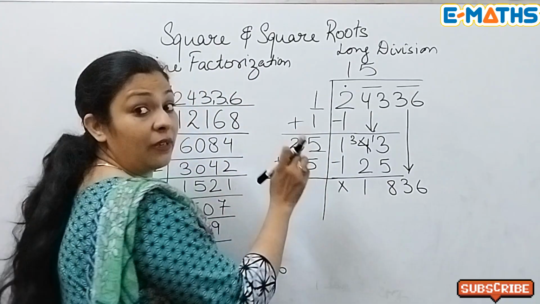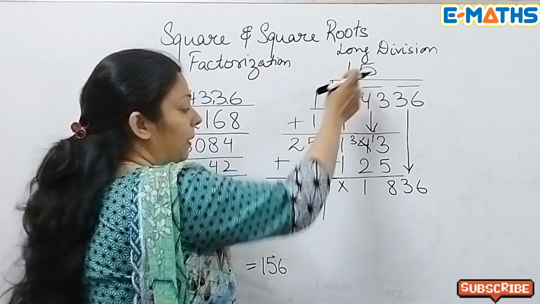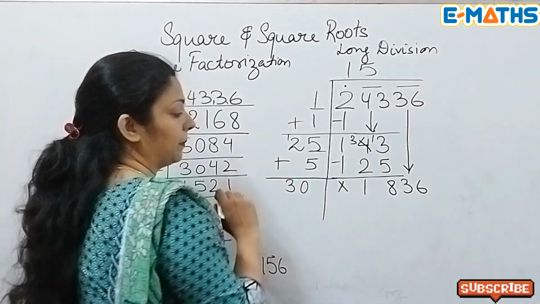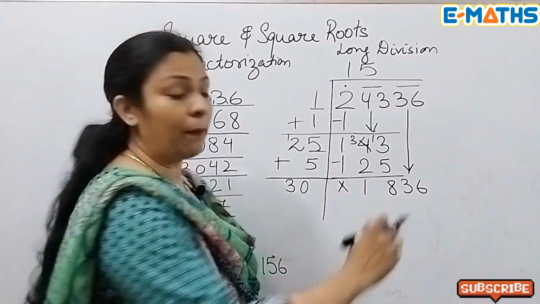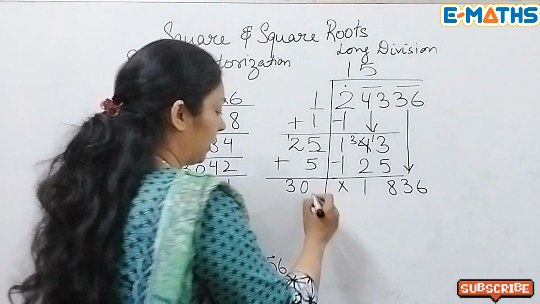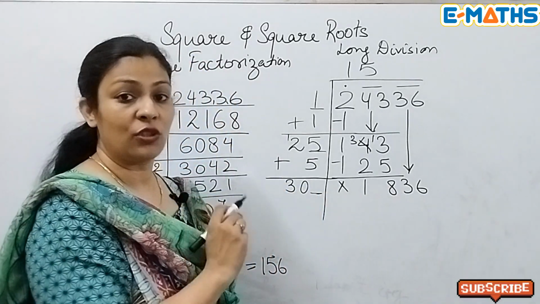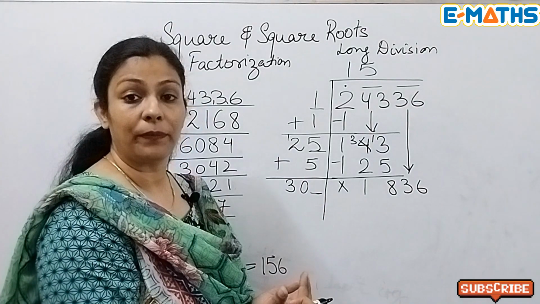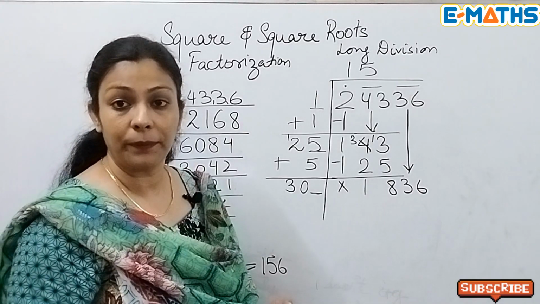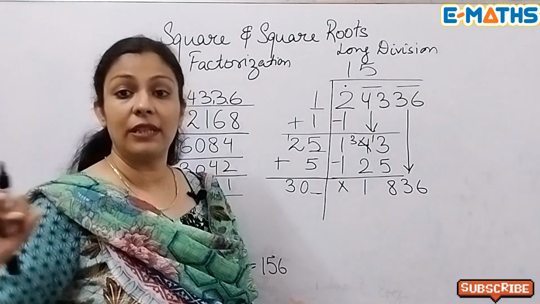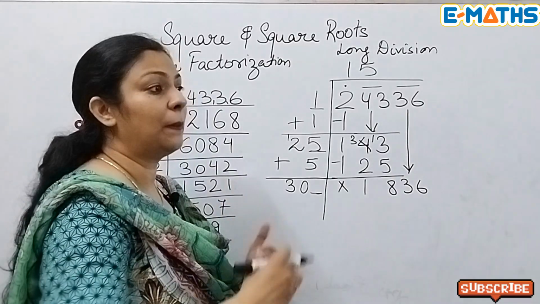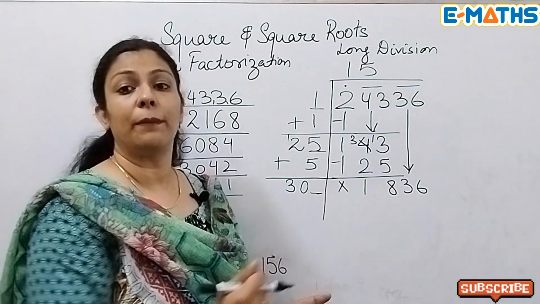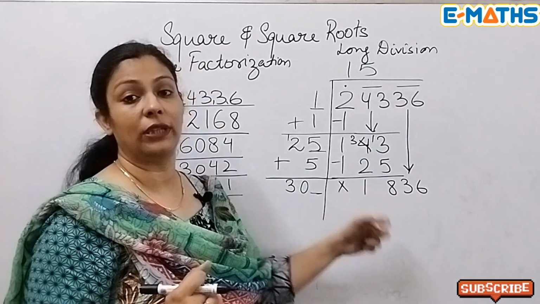Again, this 5 has been written at 3 places: here in the quotient part, and of course here where we need to add it up. So this becomes 30. This I brought down, so the number became 1836. Now I need to take the ones digit again. If you take it as 1, 301, 1s are 301, 302, 2s are 604. So you have to keep multiplying and figure out by which number you get the same number, or of course a number lesser than it. It cannot be more than this.